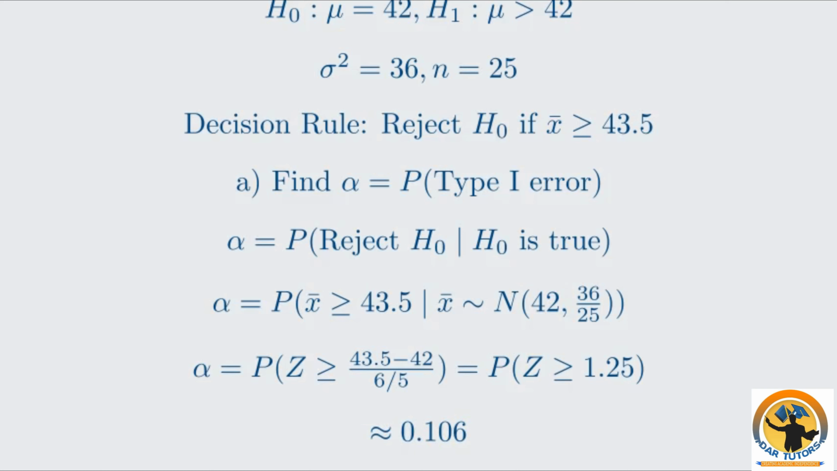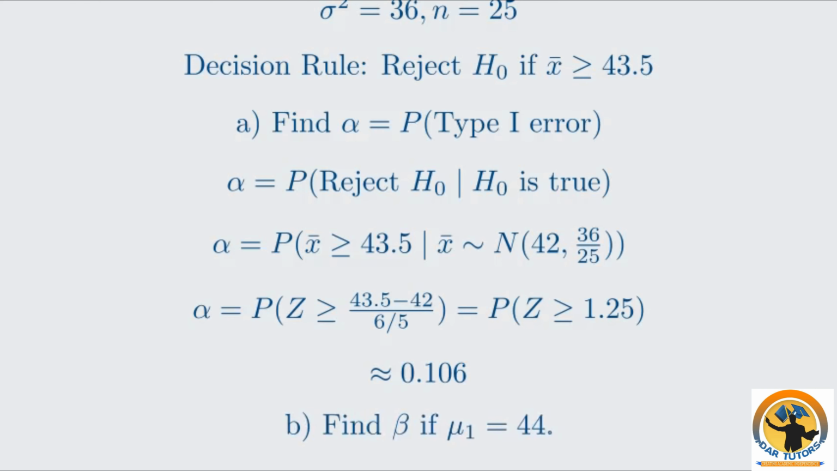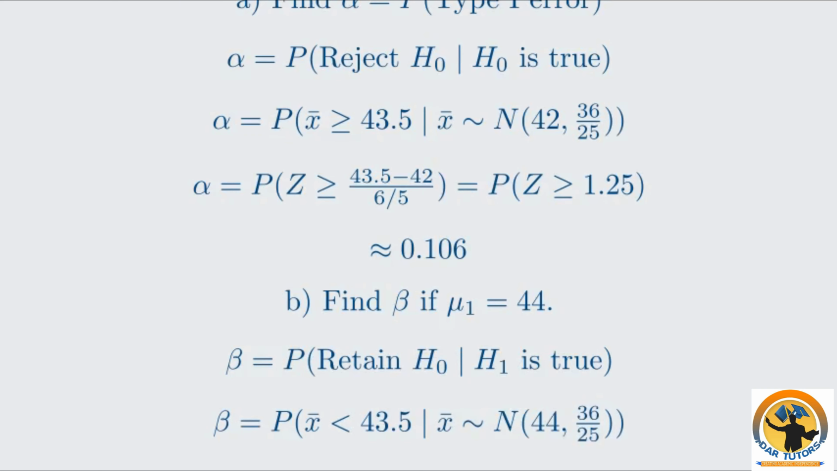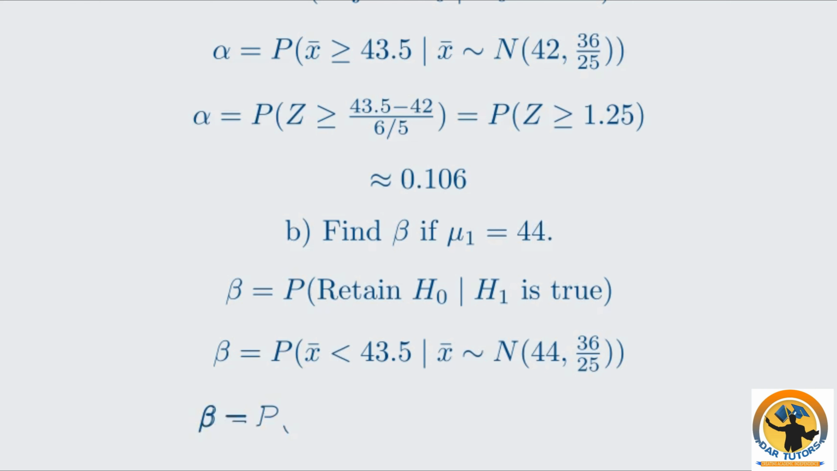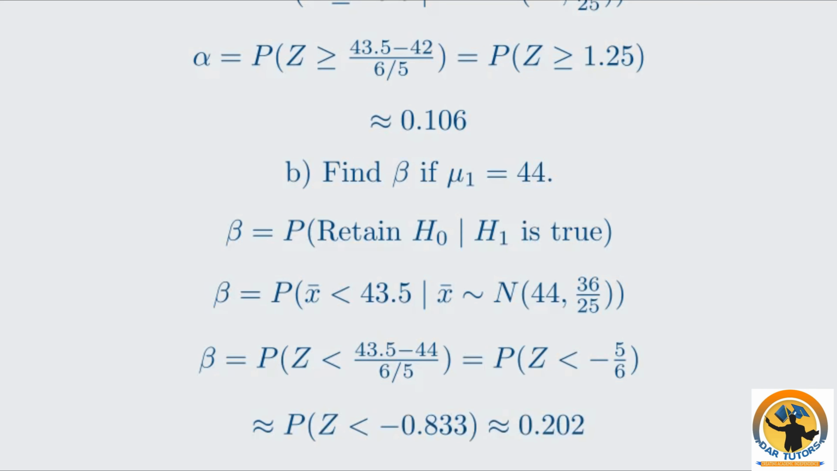Part B asks for the type 2 error probability, beta, if the true mean is 44. Beta is the probability of retaining H naught when it's false. The decision rule is to retain H naught if X bar is less than 43.5. We need to calculate this probability under the true distribution, where the true mean is 44. Again, we standardize this probability. The z-score for 43.5 under the true distribution is 43.5 minus 44 divided by 6 over 5, which is negative 0.5 over 1.2, or approximately negative 0.417. So we want P(Z less than negative 0.417),